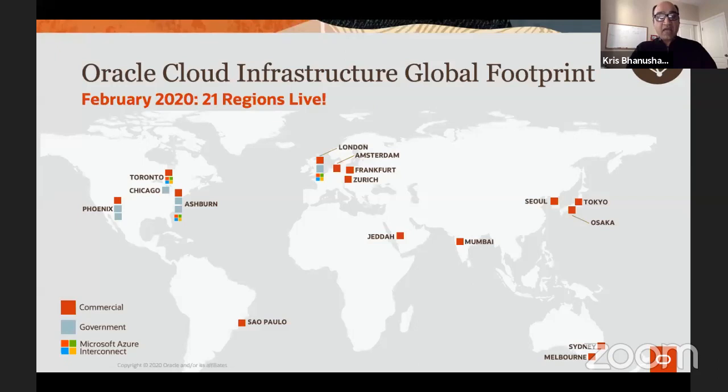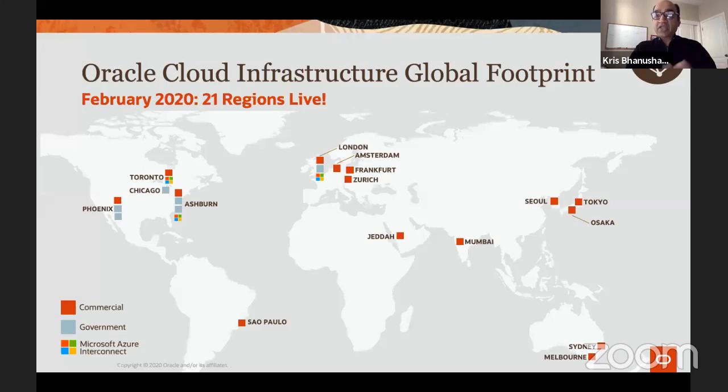And not to mention that we have a wonderful partnership with Azure. As you can see on the slide, in places where you see the Microsoft logo, those are the places where we have data centers very close to Azure, such that customers can run both .NET workloads or any other workload that they might run in Oracle or Azure and share the two clouds.